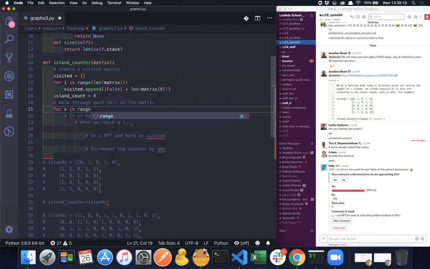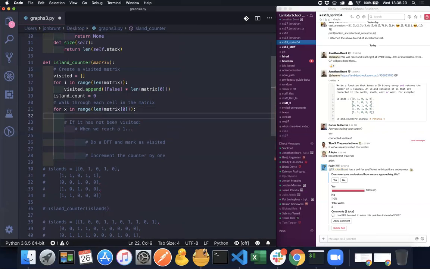Something with the loops. It's a type of loop or a terminology used with loops. Nested loop. So we're going to say for x in range length of matrix at 0,